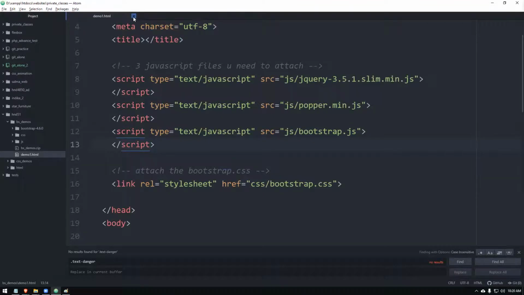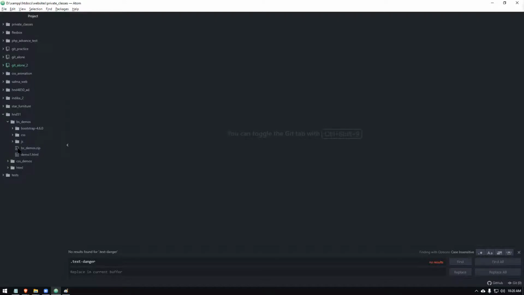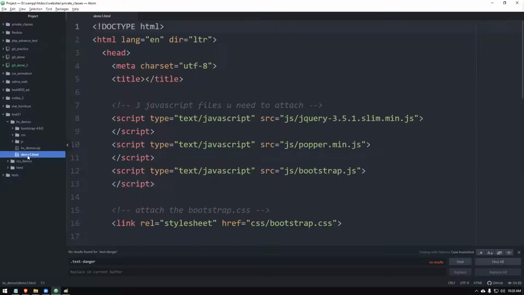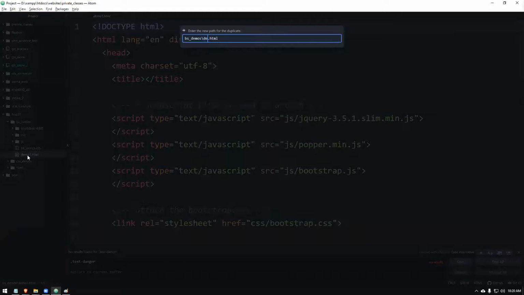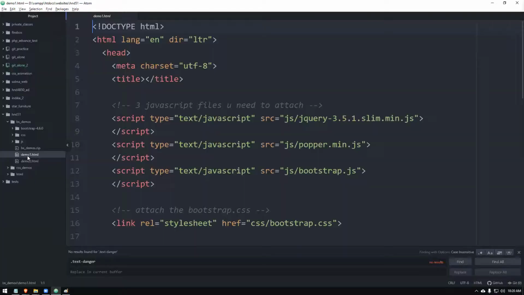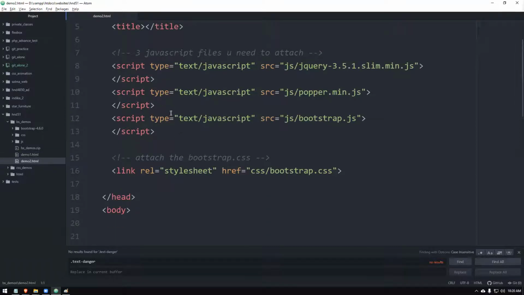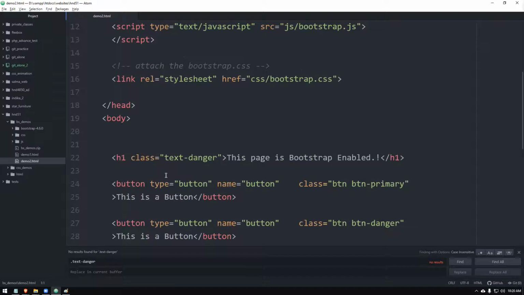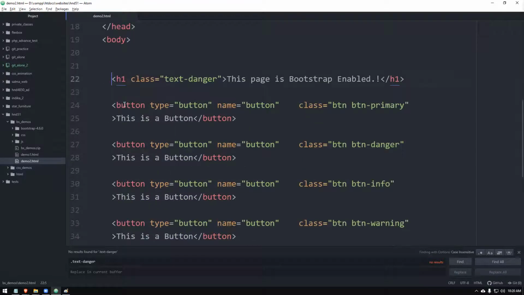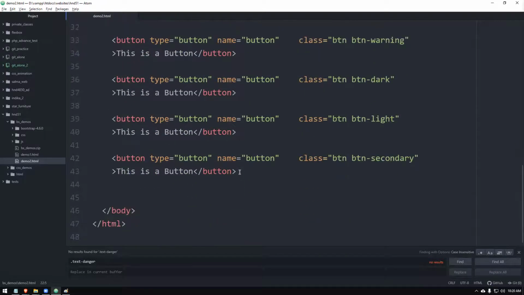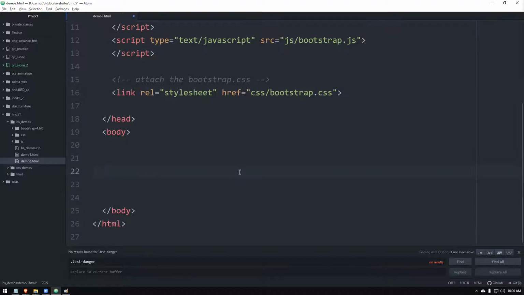So I'm going to close my demo one. I'm going to select my demo file here, then press letter D, and I will save this one as demo two. Don't delete my demo one file. You need these files, that's why I'm asking you not to delete. Otherwise, each time you have to type this one, it'll waste your time. So in demo 2, you don't have to have all these kind of things. Let's understand that. Just delete this, just delete that, right? Now you can type something like this.